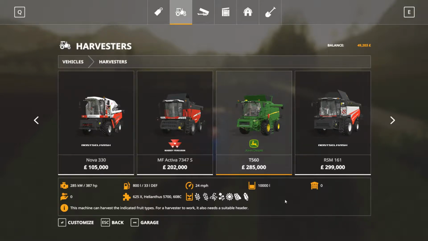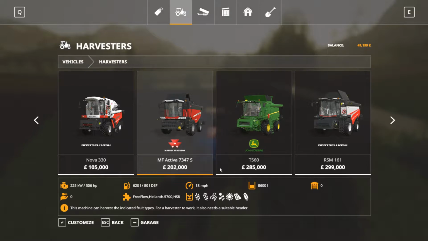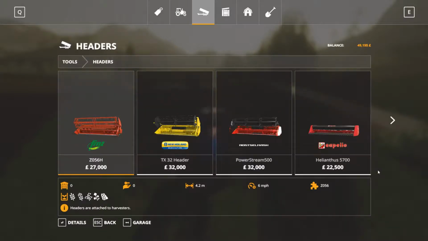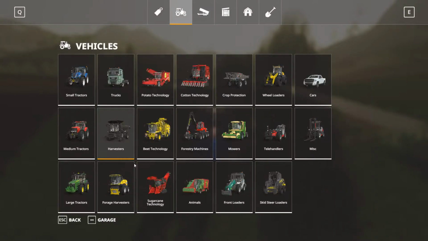The only thing with the T560 which puts me off a little bit is, if you look at the T560 and the Massey, in terms of price, it's like an 80,000 difference. And then if you go to headers, the Massey one is 7.6 meters, and the John Deere one is exactly the same size. The only difference, obviously, in terms of the harvesters, is one